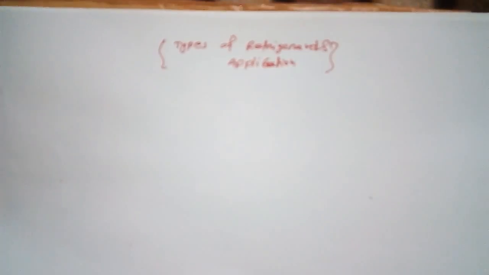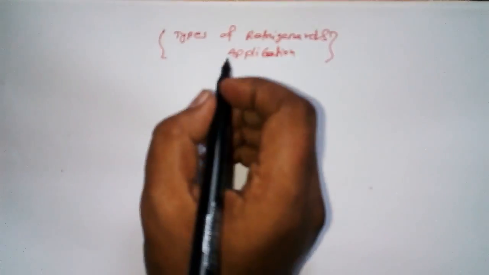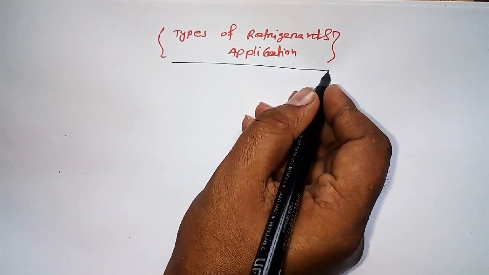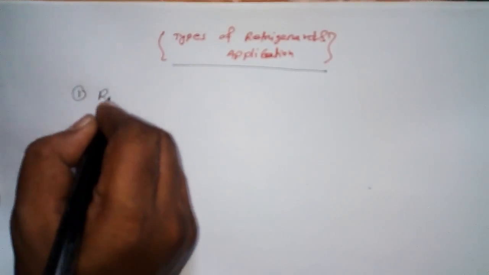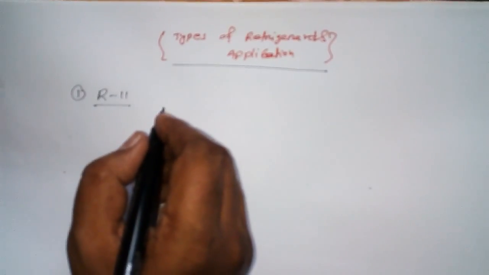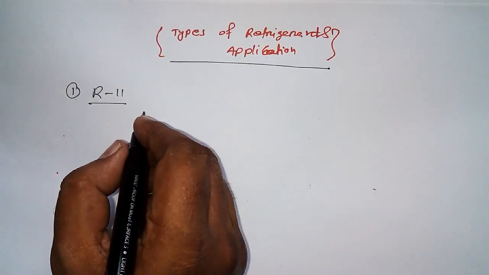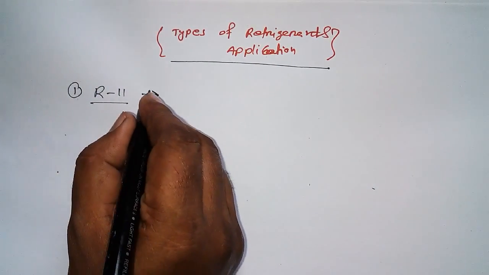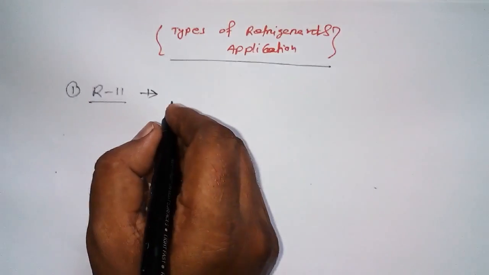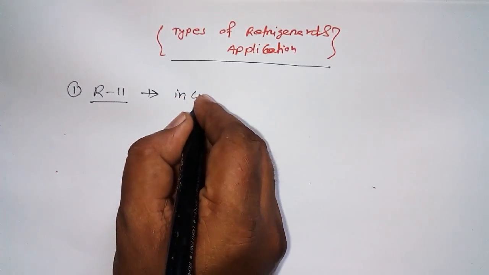Alright my dear, so in this video I am going to share with you types of refrigerant and application. So let's get started with R11. This is one of the refrigerant. Okay, so I'll share with you what type of refrigerant this is and how to find out its chemical name. So let's get started. R11, this type of refrigerant we use generally in case of